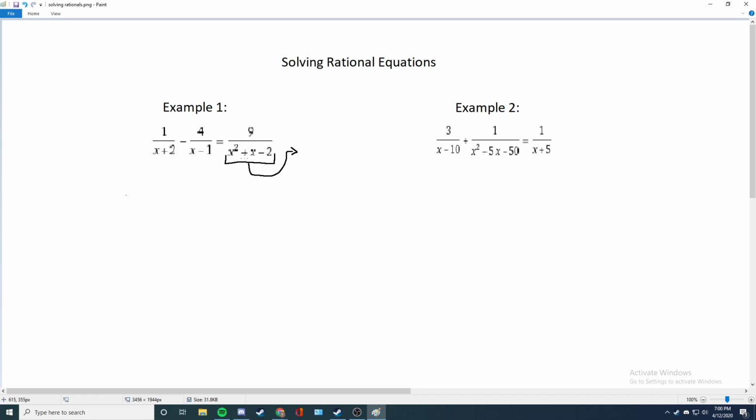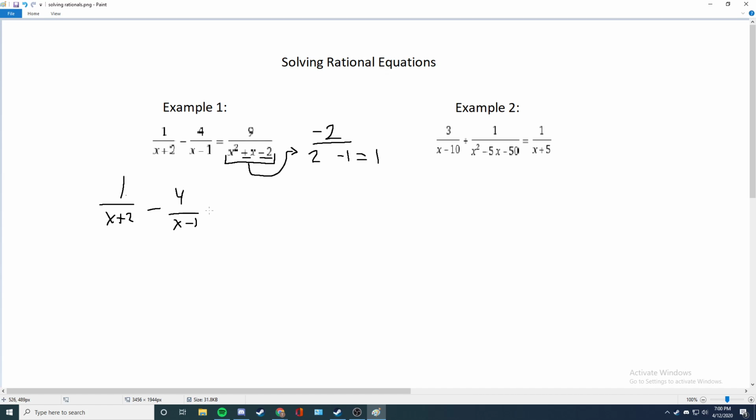So remember, if we want to factor something like this, we need two numbers that multiply to be -2 that add up to +1. So the factors of -2, since it has to add up to a positive number, the smaller number will be the -1. So we've got 2 and -1, and these add up to +1, so these will be the two numbers that we use. So if we rewrite the left-hand side,